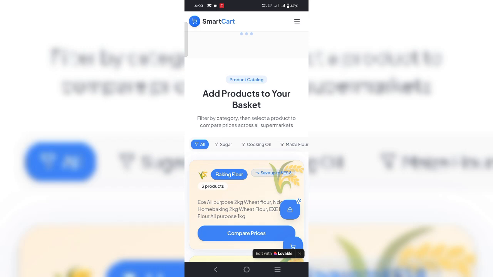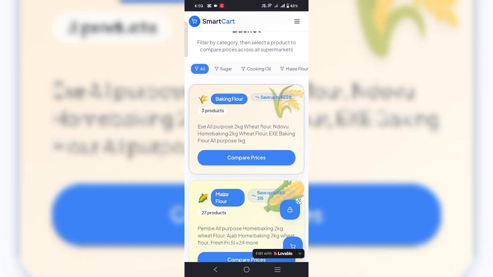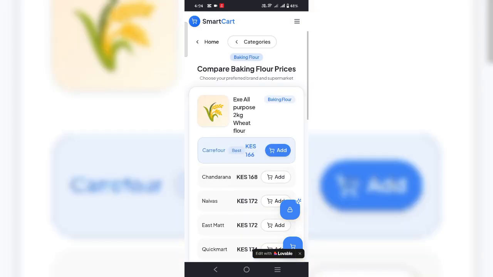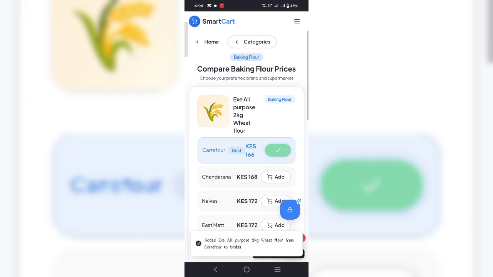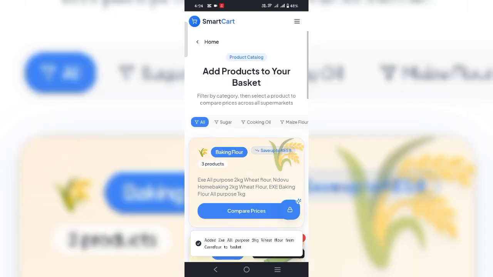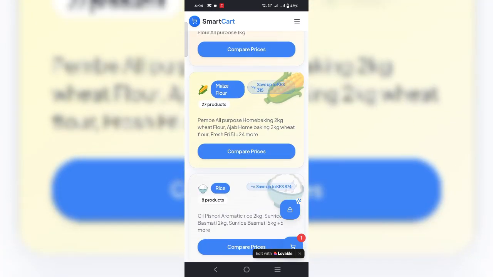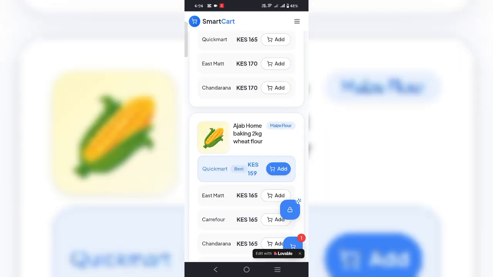Let's say I want to buy 2 kg wheat flour, 2 kg maize flour, and 2 kg rice. My first product is wheat flour. So you come here at baking flour, you compare prices. Let's say I want to choose X all purpose. You just choose it. Let me choose from Carrefour. Then you go back. My second product is maize flour. You go where maize flour is, you click compare prices. Let me choose